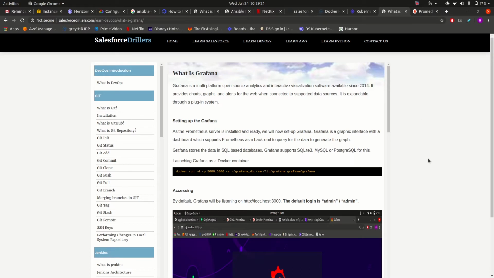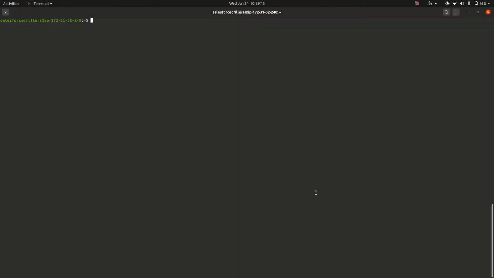So guys, as it was told in the introduction video, Prometheus Grafana Alert Manager, that Grafana is an open source tool that is used for visualizing, or I can say that is used to create the graph of our application on the basis of Prometheus. So in this video also I will be running Grafana using Docker. So if you guys want to know about Docker, then please refer to the Docker video series. So let us proceed with the Grafana.